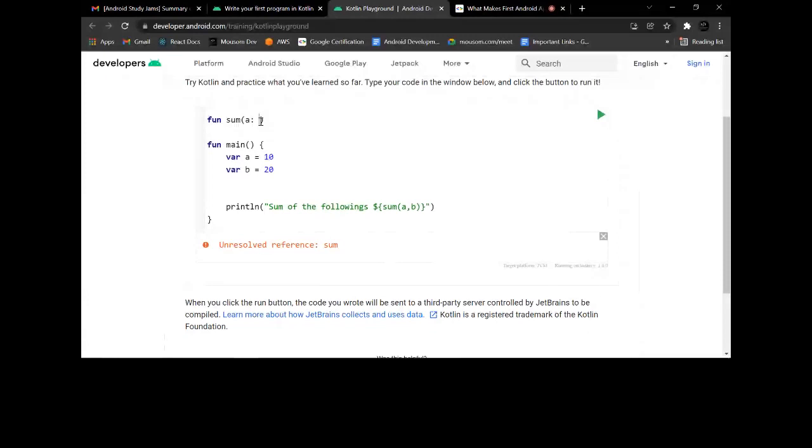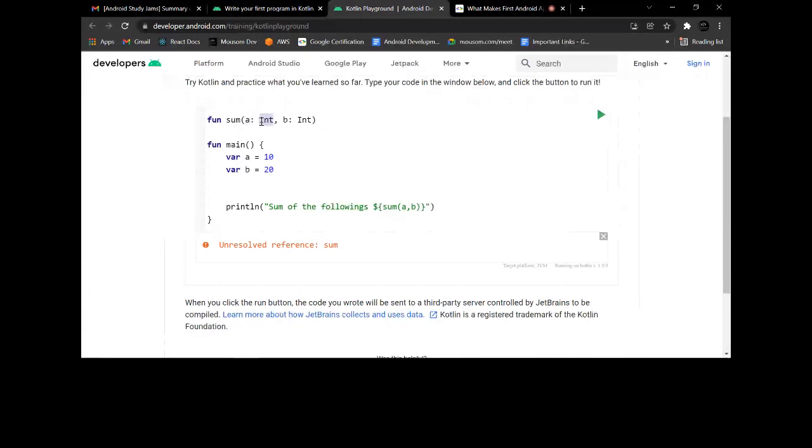Because a is an integer type. Integer means numerical; I know most of you know these basic things about programming: integer, float, character, this kind of thing. So I will pass a and b over here as input. I pass a, the type of the variable is int, and I also pass b, the type of the variable is also integer.